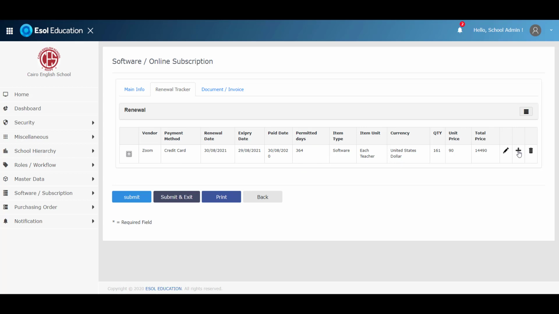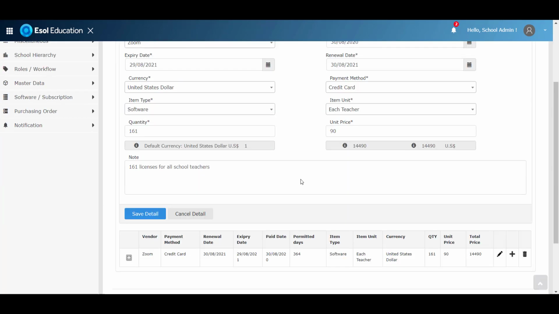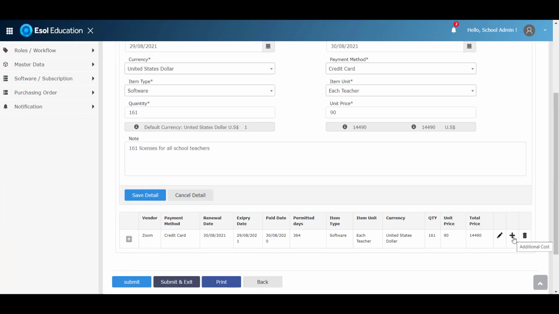But we will find in here, if you check on it, you can just click on edit, which will allow you to edit the information for it. As you can see, it's been added. Or you will find there is a plus button. As you can see, it's stated as additional cost. This button is responsible for adding any additional features or subscriptions within the main subscription that is added on the